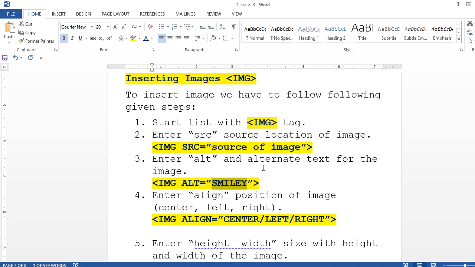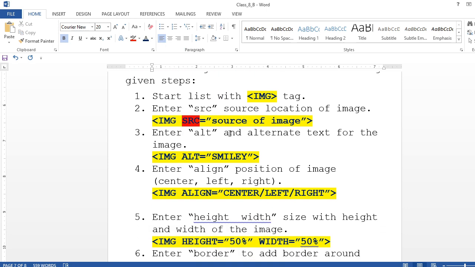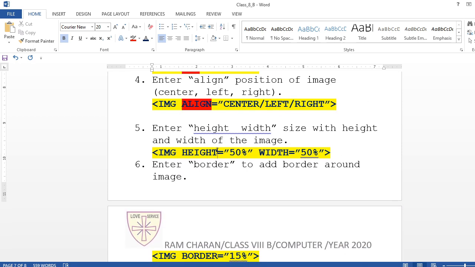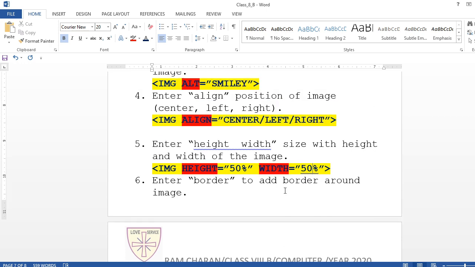Okay, now one thing I will do: the attributes you are writing now, I am going to make them with this one so that you will be able to understand. src is the location, alt is the alternative text of that image, and align lets you position your image in the center, right, and left, like that. Then you see height and width, you can change the height and width of the image file. Then you can have a border in your image file. Pixel or percentage is there: 50%, 20%, 30%, 1%, 5%, like that you can insert, right?